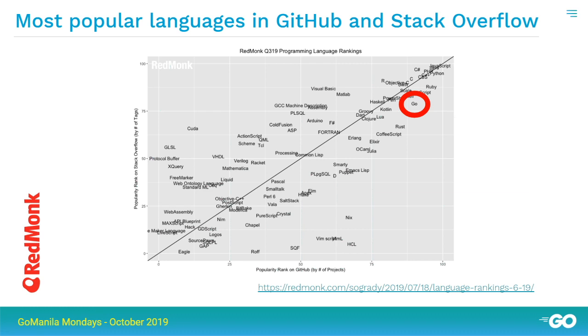The next one is RedMonk. This one also tries to gauge popularity, but it does it a little bit differently. Sorry, the graph is so small, but it uses the number of projects on GitHub versus the popularity ranking based on hashtags in Stack Overflow. So basically, it's an intersection of both of those things. And you see where Go falls there in the graph. But I actually went to check, and it is ranked number 16 out of all these languages in RedMonk as well.